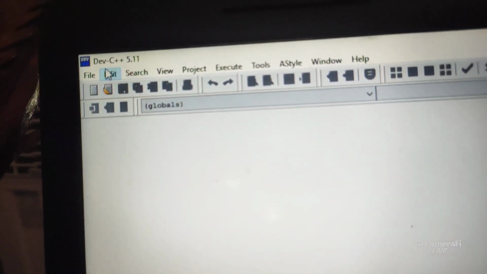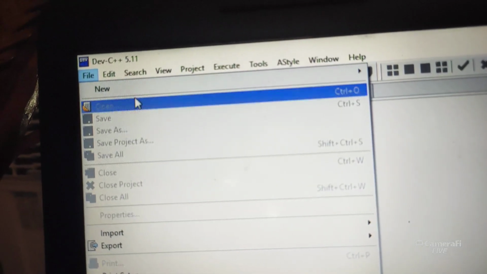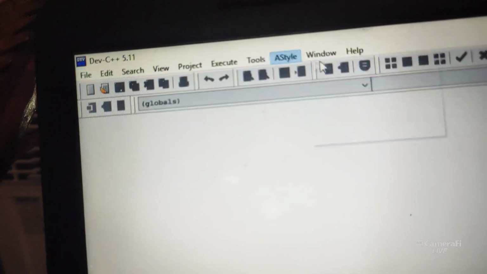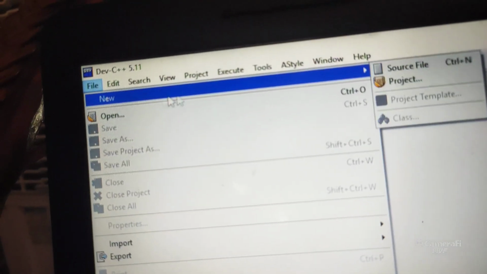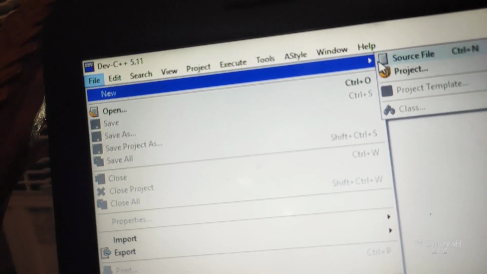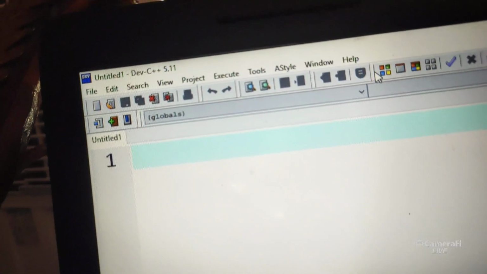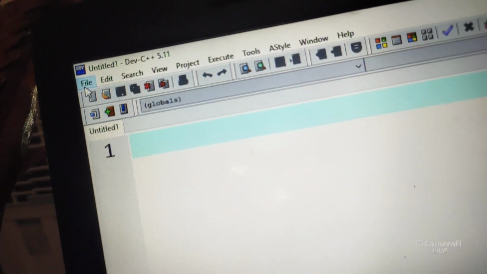Okay, so from here you take File, New, Source File. What we are writing is called source. Okay, so write your program.